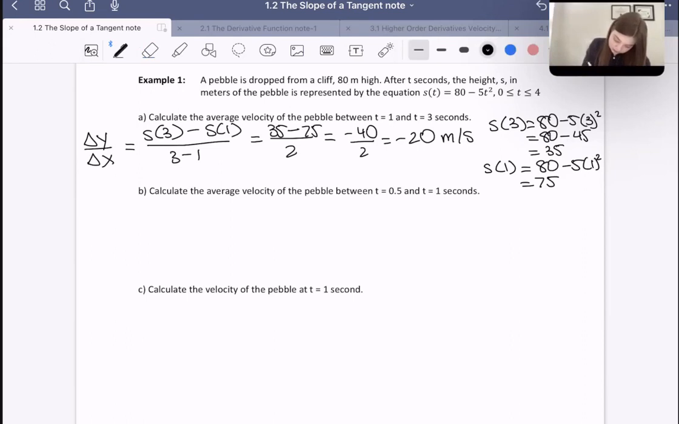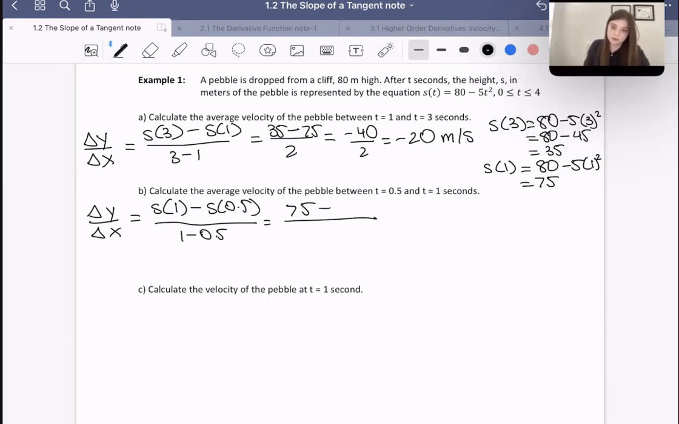So again, we want to find our slope of the secant line, which is delta y over delta x, which is s of 1 minus s of 0.5 divided by 1 minus 0.5. So we already calculated that s of 1 is 75, and we already know that 1 minus 0.5 is just going to be 0.5. So we just have to find s of 0.5, which is going to be 80 minus 5 times 0.5 squared. So 0.5 squared is 0.25,